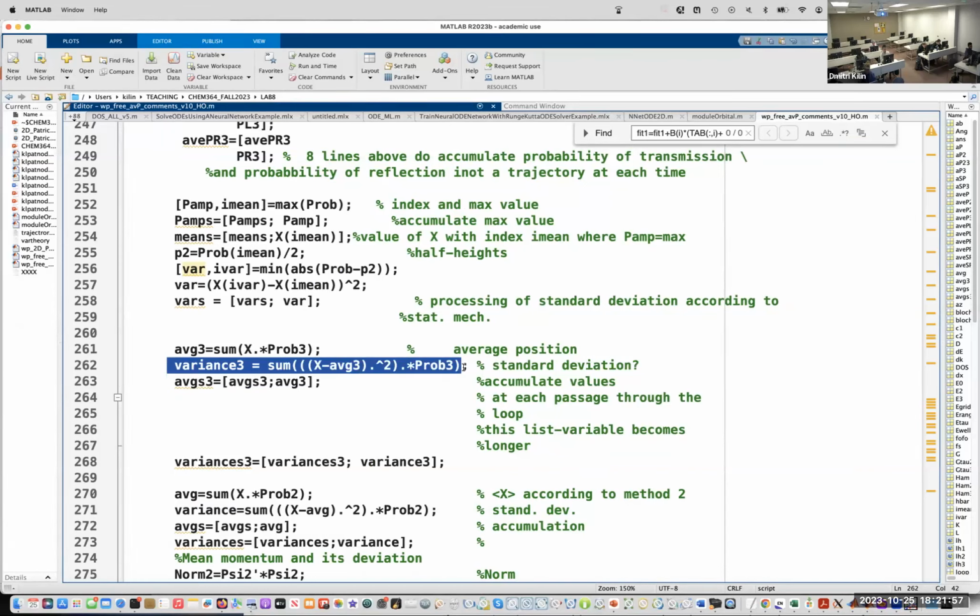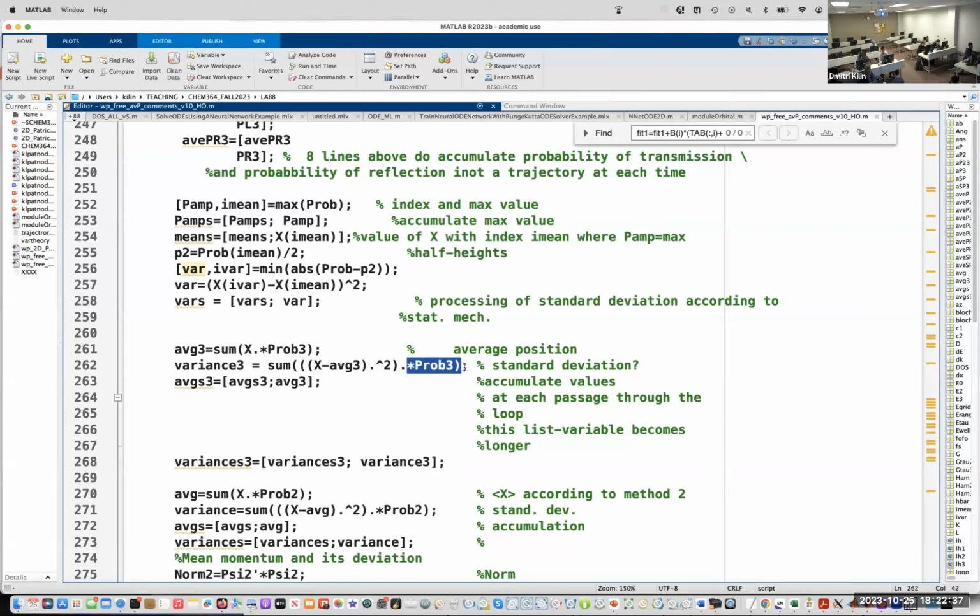Variance 3. So we subtract the position and its expectation value, and then take the square and find the expectation value. So it's the definition of root mean square: x minus the expectation value of x, squared, times psi star, psi, dx integral, and it will be the definition of the uncertainty of x, right?